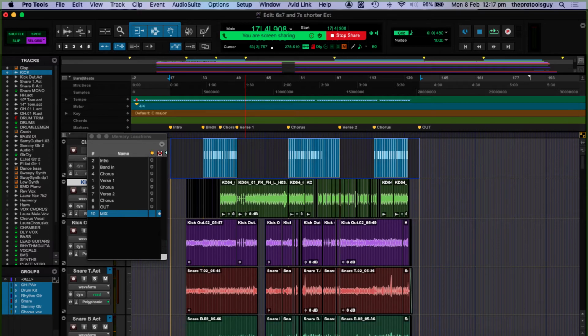Yeah, a couple of things there. I think Andy would like to say the same things. No, go ahead. You don't even have to have the memory locations window open at the time. It will work just without it. But one thing also, when you're creating markers, you can use a shortcut to get the naming right at the very instant. Instead of pressing enter, if I want to add marker number 10, I do